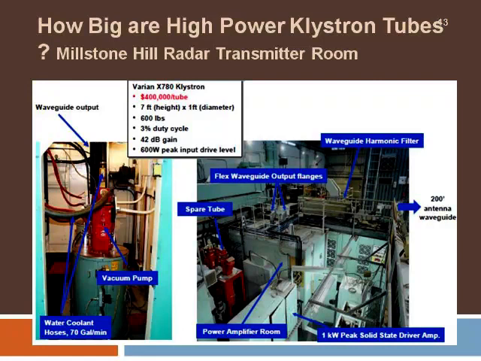a leader in this, and the cost of the tube is given as $400,000 per tube, and the size is approximately 7 feet by 1 foot, and the peak power required for the drive level is going to be of the order of 600 watts. These are the numbers which are very much useful just to have an understanding of how much cost is going to be involved in the design and operation of a radar, and what are the other issues involved in this. The engineer can have an idea from this.